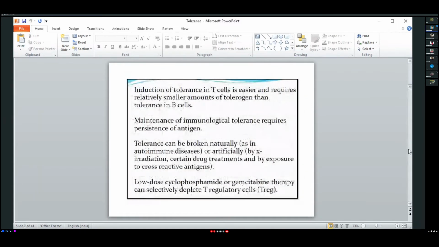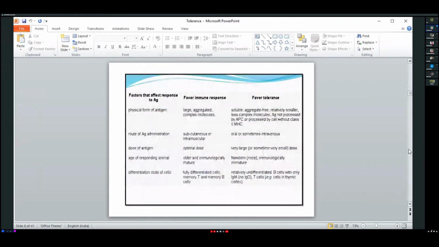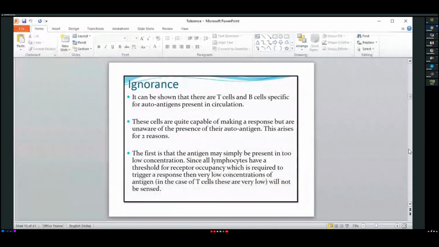So students, now we will be discussing another term which is known as ignorance. It has been shown that there are T cells and B cells which are specific for autoantigen present in our circulation. There are few. These cells are quite capable of making a response, but they are unaware of the presence of their autoantigen. It is quite unusual